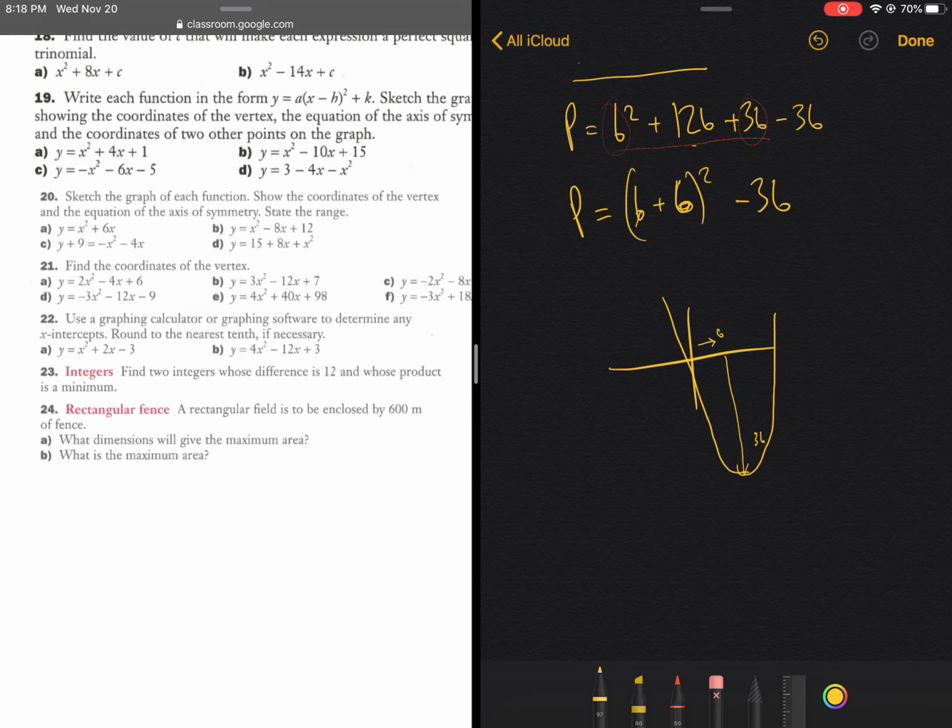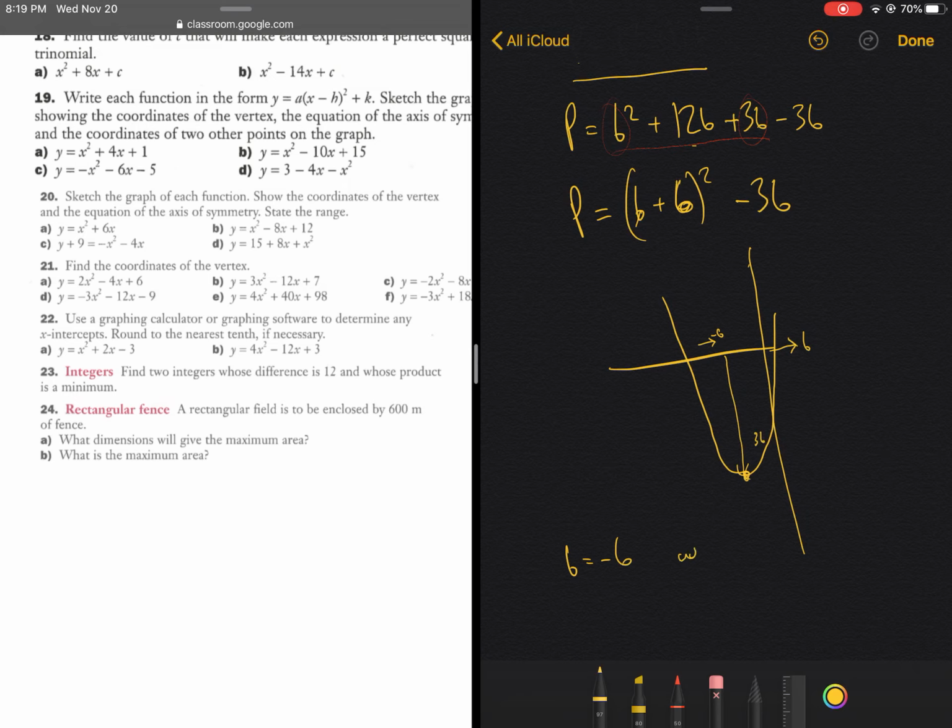The axis actually belongs here. It's actually at minus 6. So when B equals minus 6,